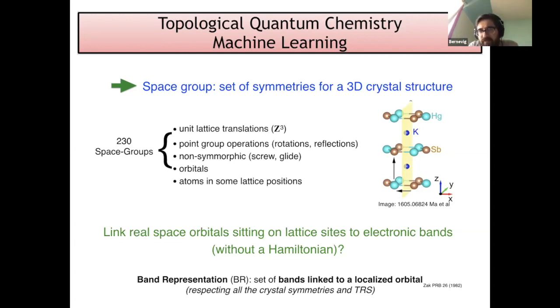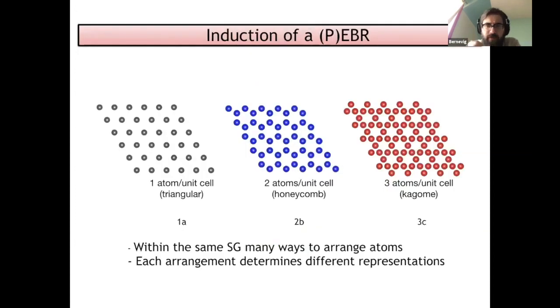And the strategy of this program that we and others have been developing for basically years and years is to classify all the atomic limits, which are so-called boring. We'll see that actually, maybe not in this talk, but there's atomic limits that are not boring also. But to classify all the atomic limits, and having classified everything that's boring, you can then go and ask what is not, information about what is not boring. So everything that's not an atomic limit is going to be topological in our sense.